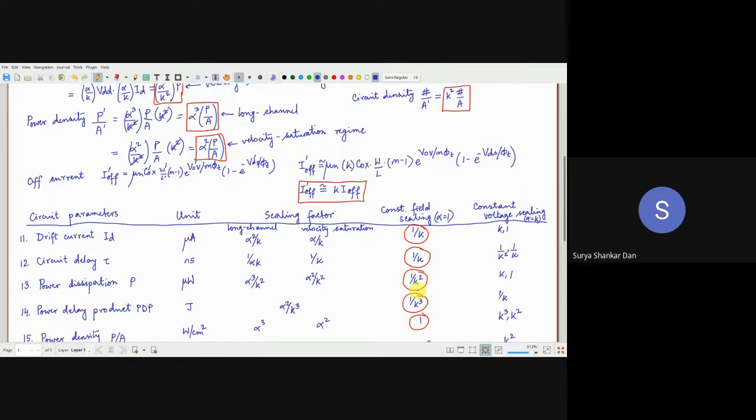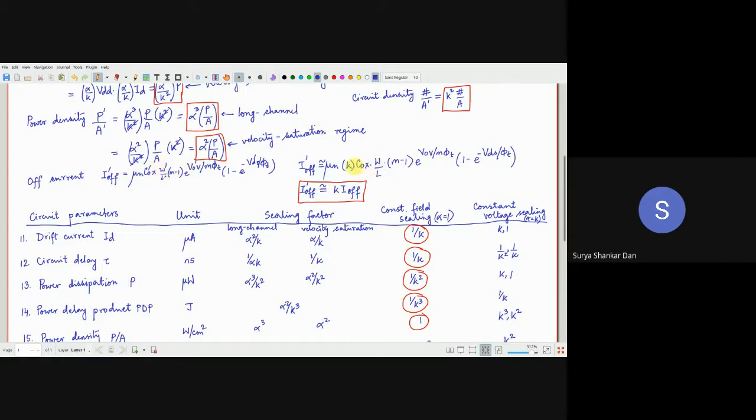So here I have used the off current, that means the subthreshold current equation. Okay, so what are the factors that will scale here? Notice I of current, of course, scales. C of scales, W and L scales, but again W and L scales by the same factor, W by K, L by K. So this K by K cancels here.